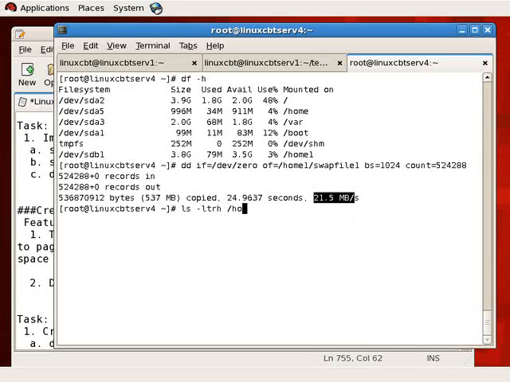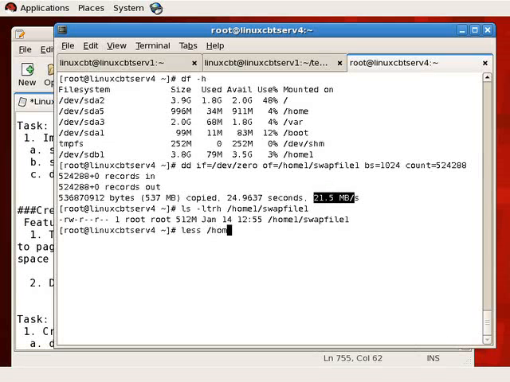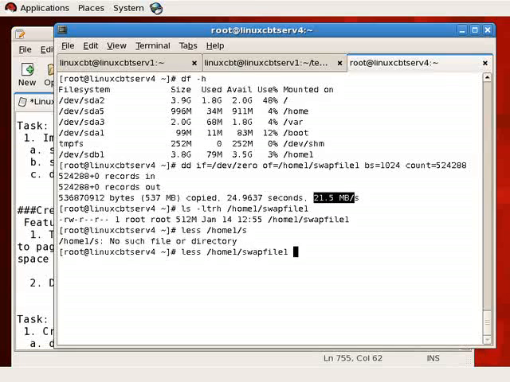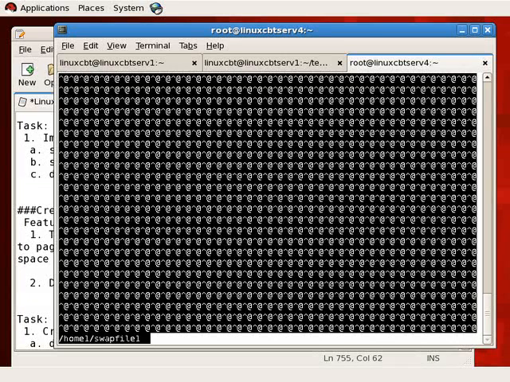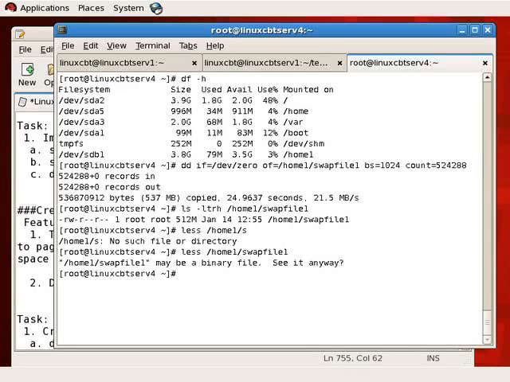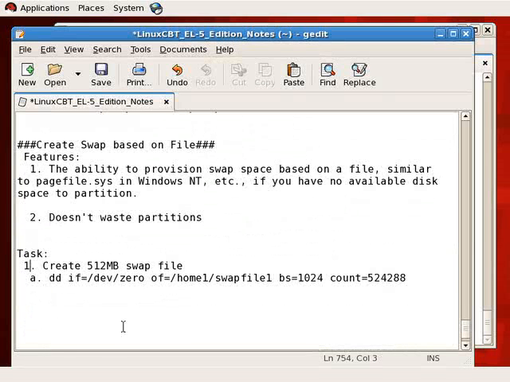Let's confirm that the file exists using ls -ltrh /home1/swapfile1. There it is. Now if you're concerned about what the file looks like internally, less /home1/swapfile1, and it tells you it's binary. So there's nothing much we can do with it. Now we need to turn on the file system, the swap file system. So step 2,